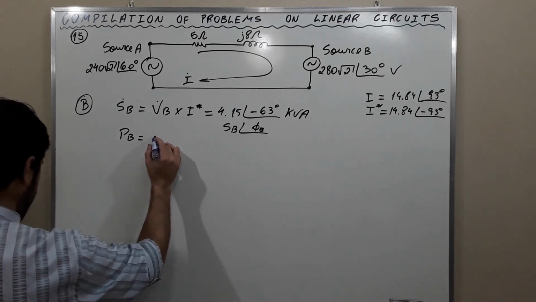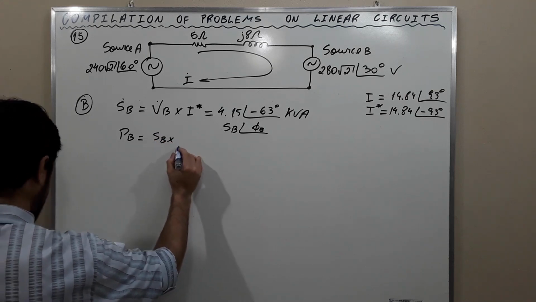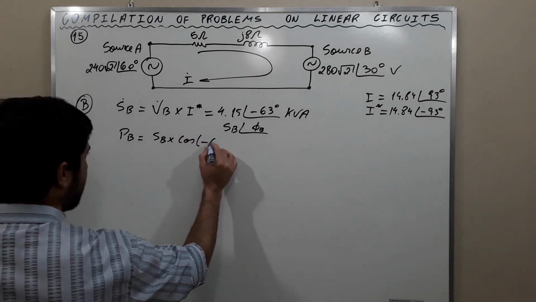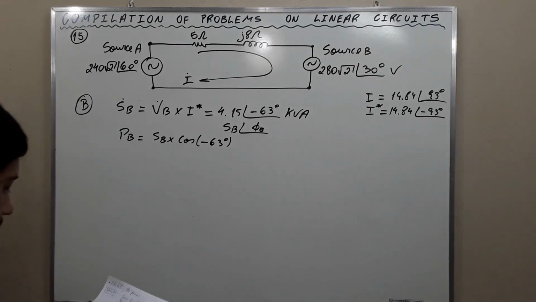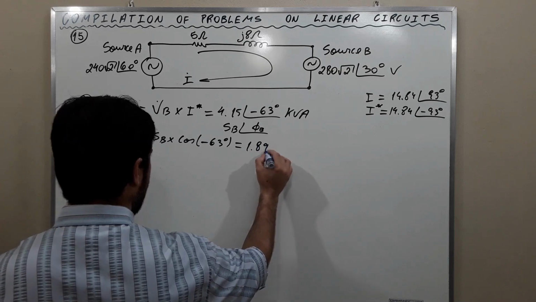It is the apparent power times the cosine of negative 63 degrees, and it is equal to 1.89